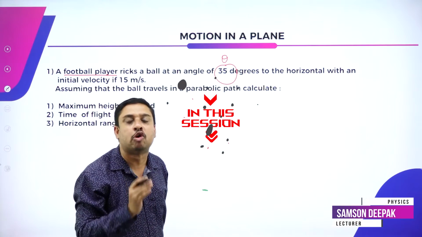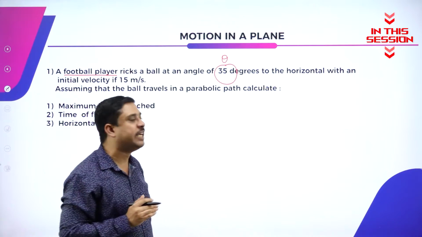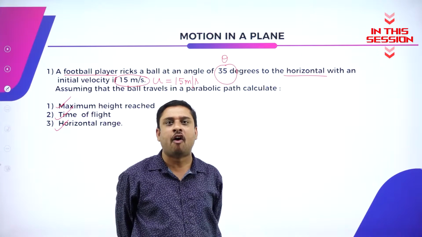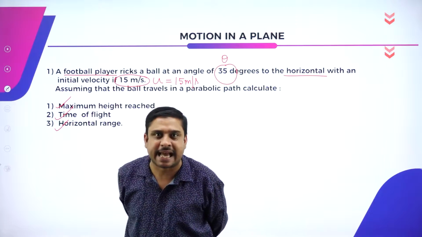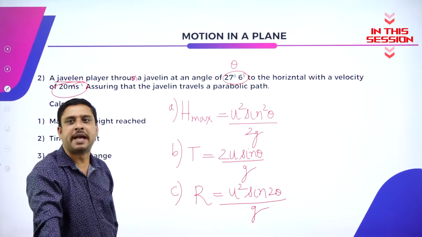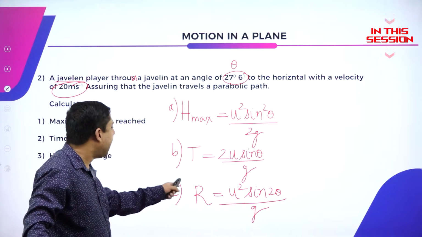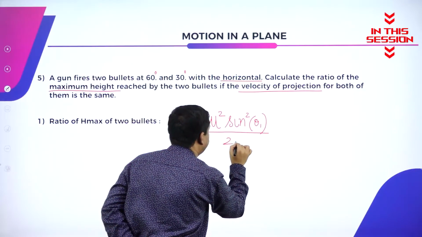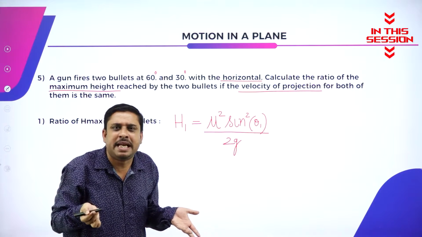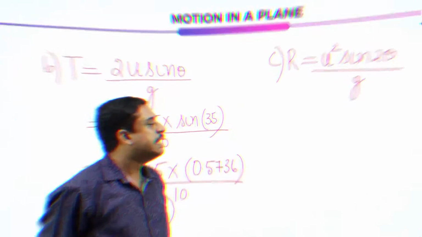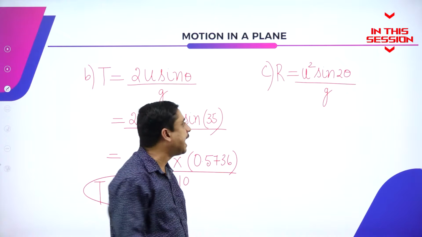So angle of projection theta is given to be 35 degrees. Velocity of projection to be 15 meter per second. Substituting the respective values, calculate maximum height, time and range divided by 2g. Because however velocity of projection will be the same according to the problem. There is a difference between sine square theta and 2 times theta.